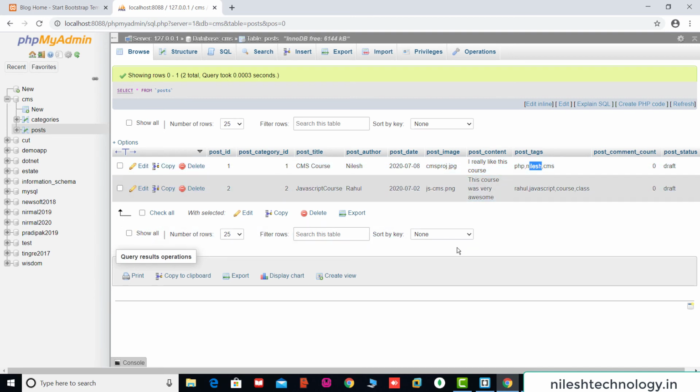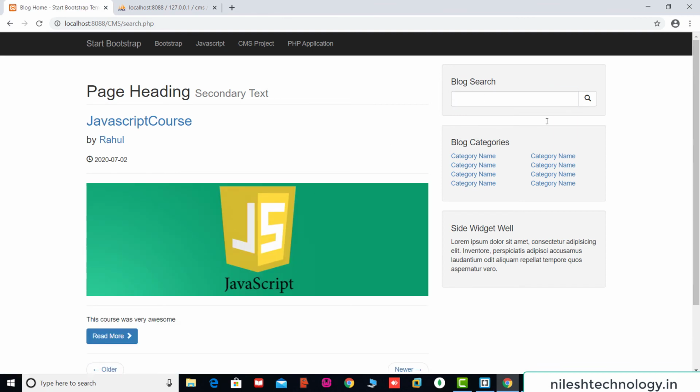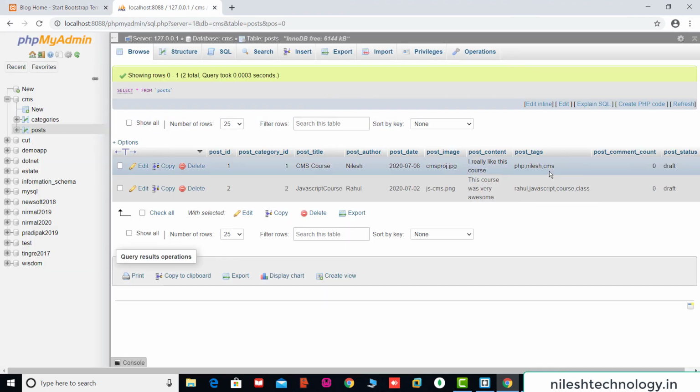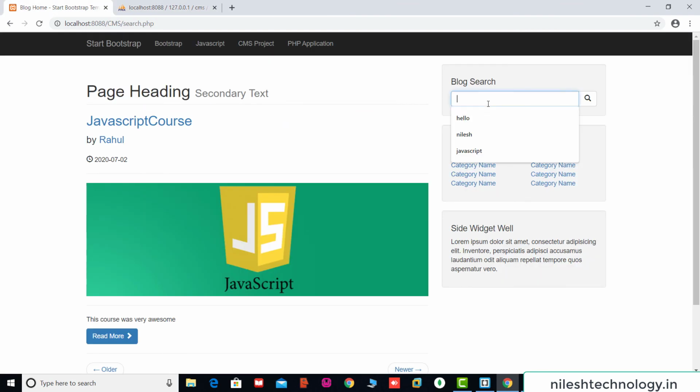Now we check another one, for example JavaScript, and enter. So this is the other result. Now here we enter only the letters RAH from the word Rahul, and enter.